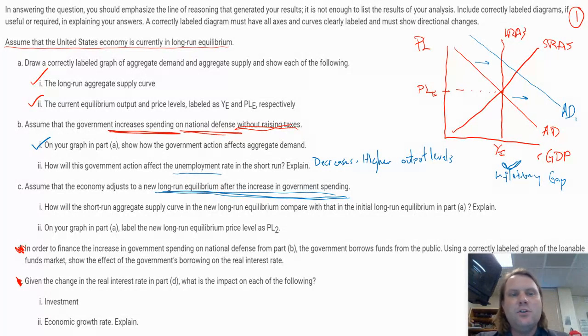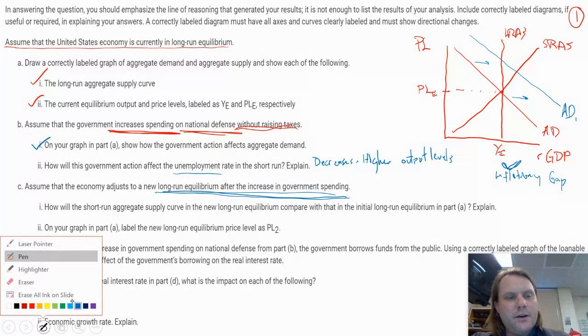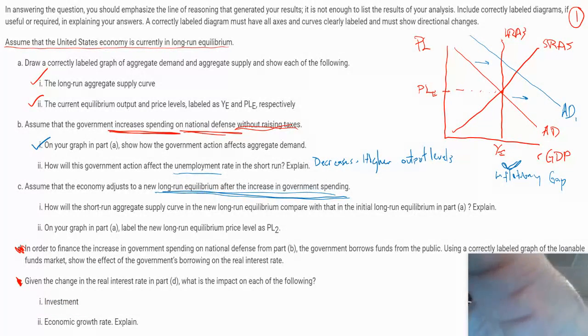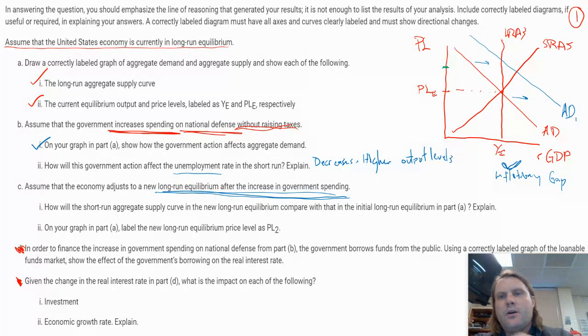Okay. But it's asking you what's going to happen in the long run. Well, in the long run, what's been created here is we also have, and again, it doesn't make us answer it, but we want to know that we have a new price level. Okay. And our price level has increased. Well, remember, price level also includes how much money people get paid. All righty. Well, getting paid and wages also go along with